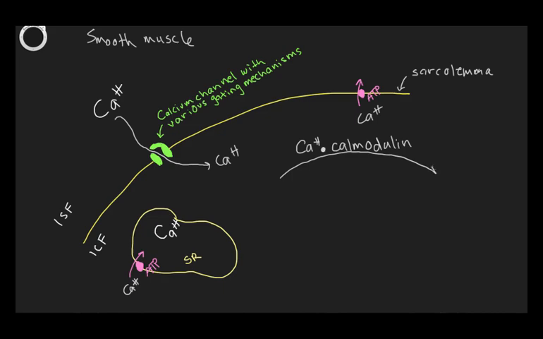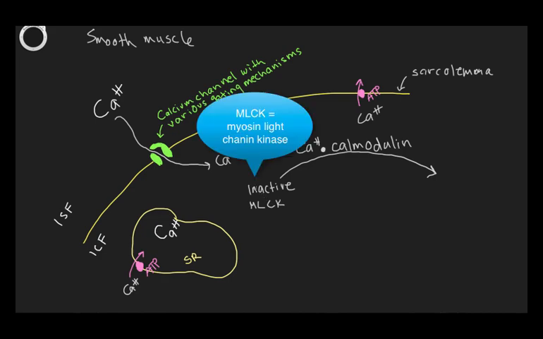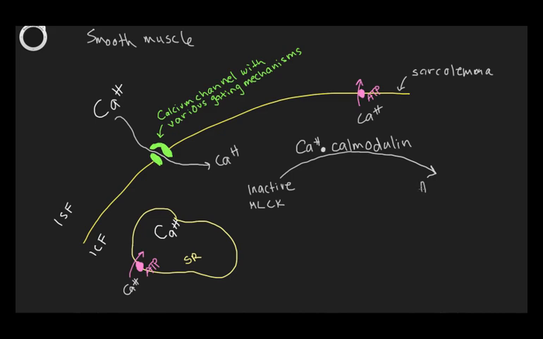So we'll show an arrow here. There's another protein called myosin light chain kinase. So we have inactive myosin light chain kinase, MLCK, that just hangs out and does nothing until calcium calmodulin comes along, and then we have active